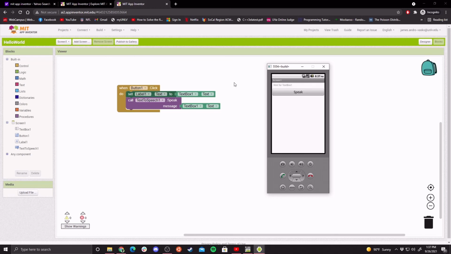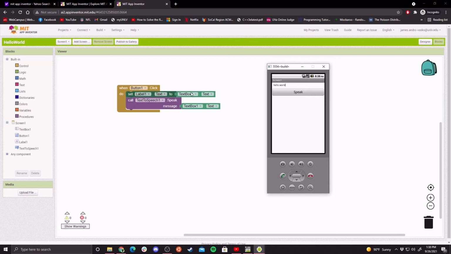Now let's go ahead and first type something. Of course, we have to have our infamous hello world. We can't really have any type of programming class without hello world. So what's going to happen in our program? When I click on speak, it's going to call this block right here, because of button 1 dot click. Even though we have it labeled as speak, to the actual code, button 1 is the object name. So button 1 dot click is going to run these blocks right there,